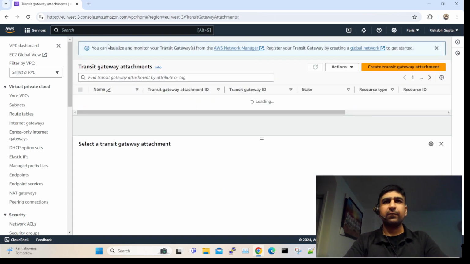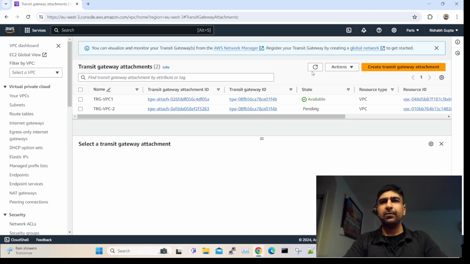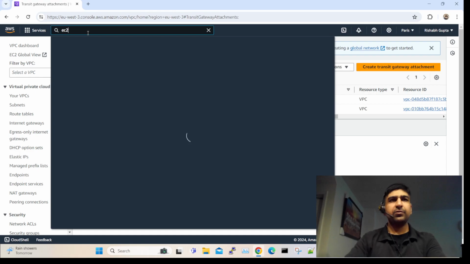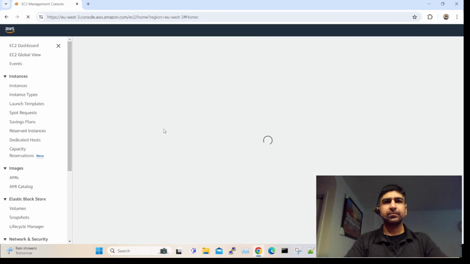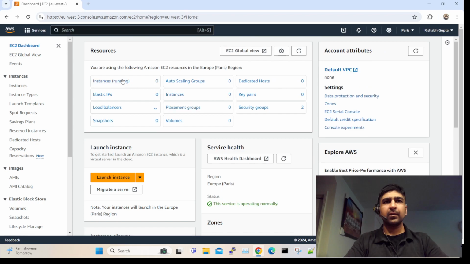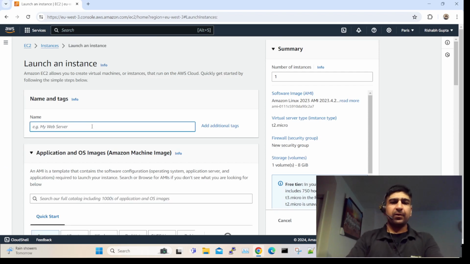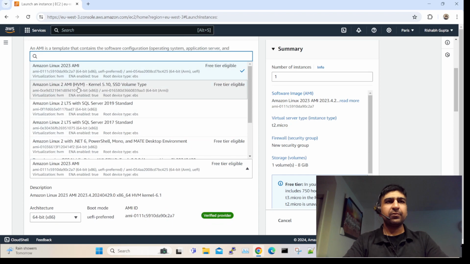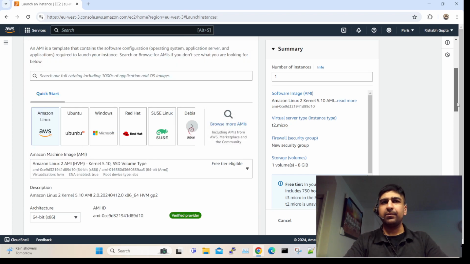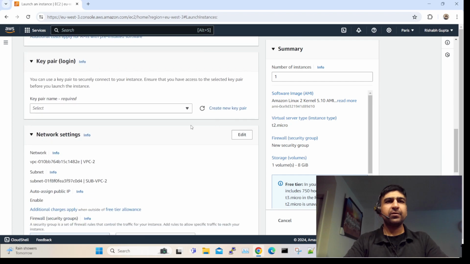Okay, let's wait for it. One is available. Okay, let's go to EC2. I have no instances running. I'm going to launch an instance. Okay, instance VPC-1. For simplicity, I'm just going to choose this one, and T2 micro is good. It's not recommended, but for this demo, I'm just going to be continuing without the key